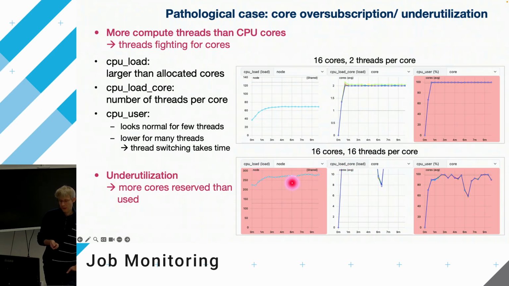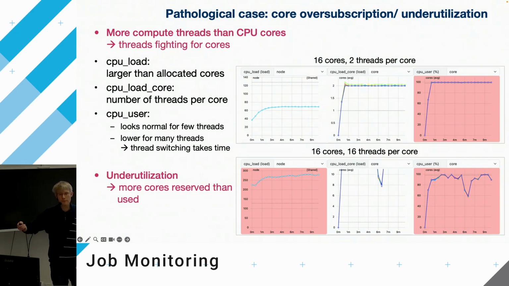You can see here the total number of threads on the system: for Noctua 2, it would be 128, because you have 128 cores, and on Otus it would be 192. So this is when you run more threads than you have cores. There's also the opposite case when you are reserving, for example, a complete node,